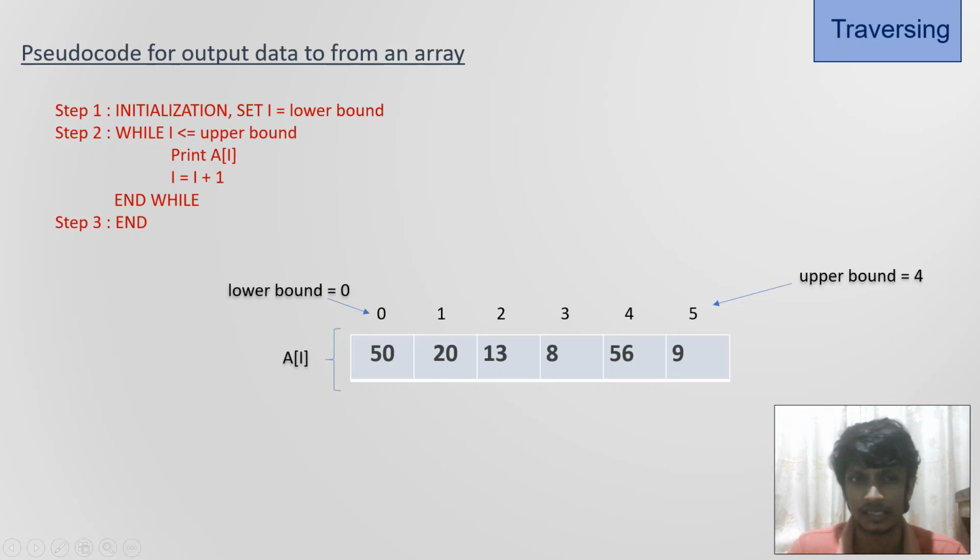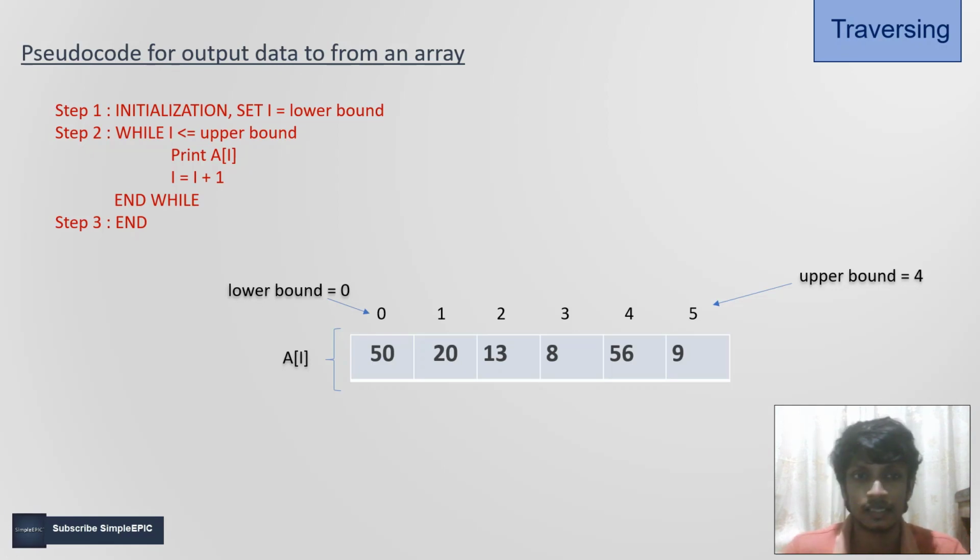So till your I value reaches this amount, this process will be happening repetitively.